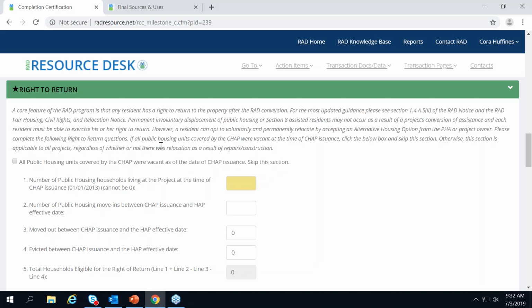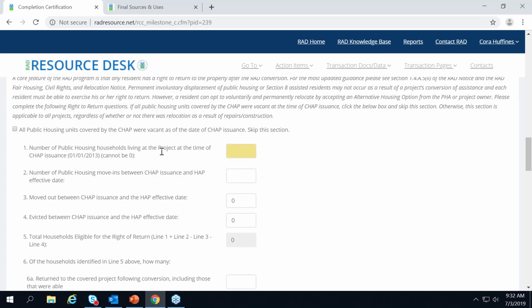So what we're looking for in this piece is a snapshot of the number of residents that are eligible for the right to return. This is the number of public housing households living at the project at the time the CHAP was issued. And again, it pulls in the CHAP issuance date here, so you can go through your records to figure out the start date for this section. So we want to know that beginning number when you got your CHAP, and then from there, we want to know between your CHAP and your HAP effective date,